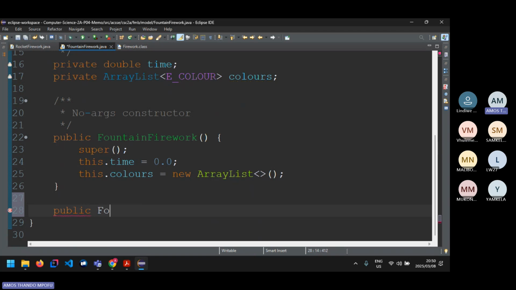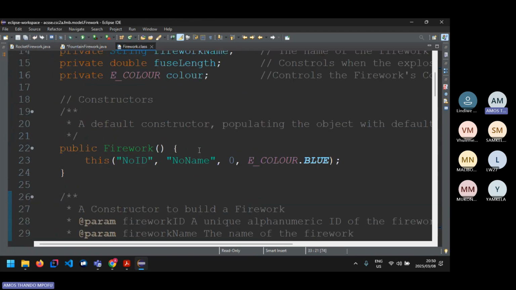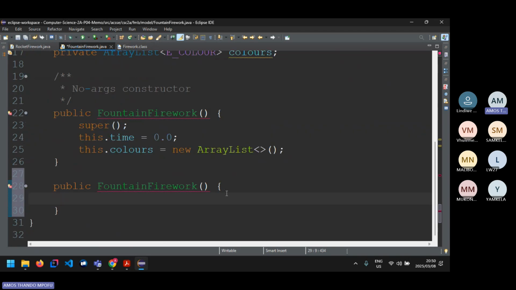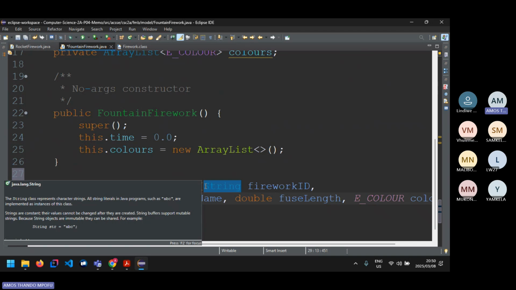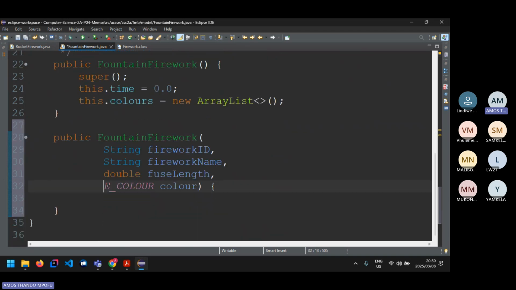So public FountainFirework, right? And then it's going to take in those parameters. So I need to go to my base class, look at all those parameters, and then copy them. Copy, go back to my fountain firework, paste them, then align it like this. So there are the parameters, right? Then I add the ones that are unique, that are part of this class. So double time, and